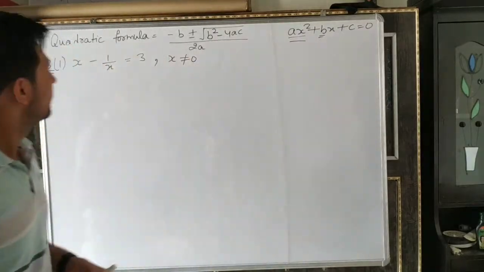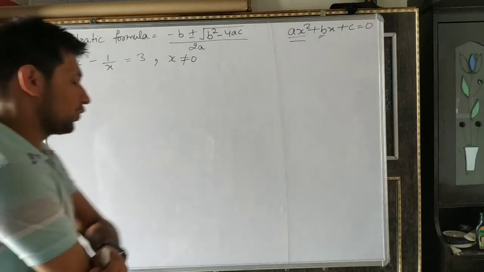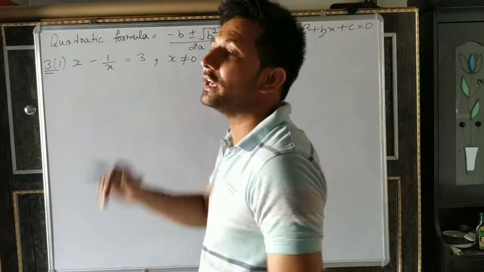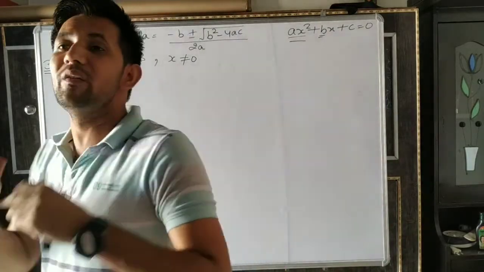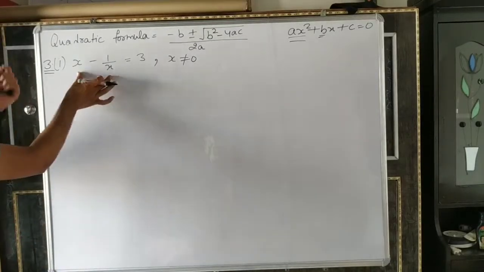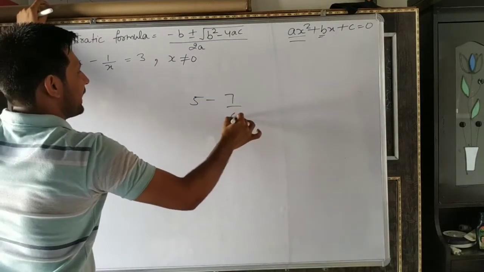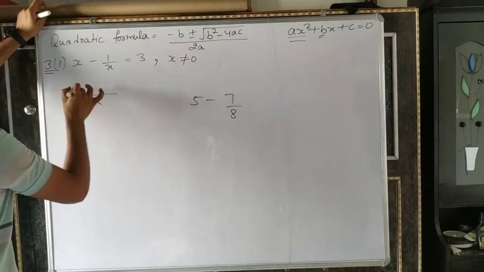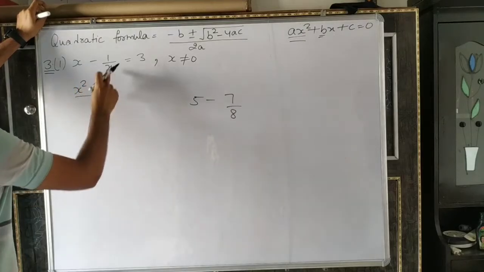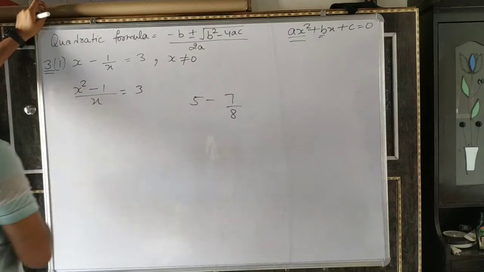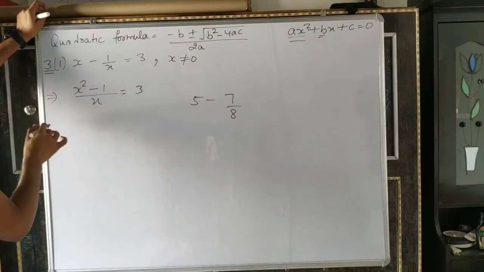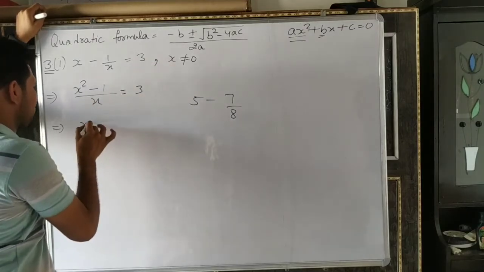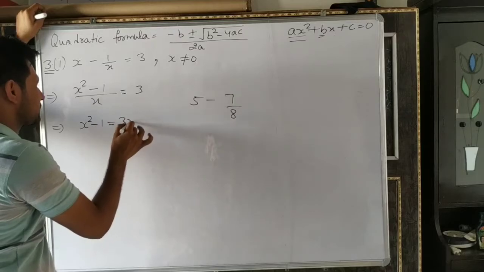So how do we find its root? We can find the root easily if it is a quadratic equation or a linear polynomial, but this is not a linear or quadratic polynomial. So we will check it, okay dear? It is a fraction, x minus 1 by x. How will we add or subtract? By taking the LCM, x. So x into x, x square, minus 1 divided by x, equal to 3. Understand, dear? Next, x is here, so on the other side multiply: x square minus 1 equal to 3 into x, 3x.